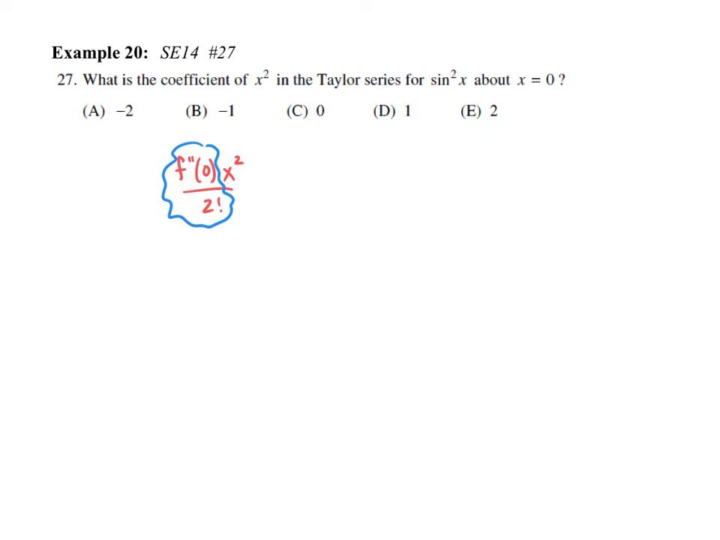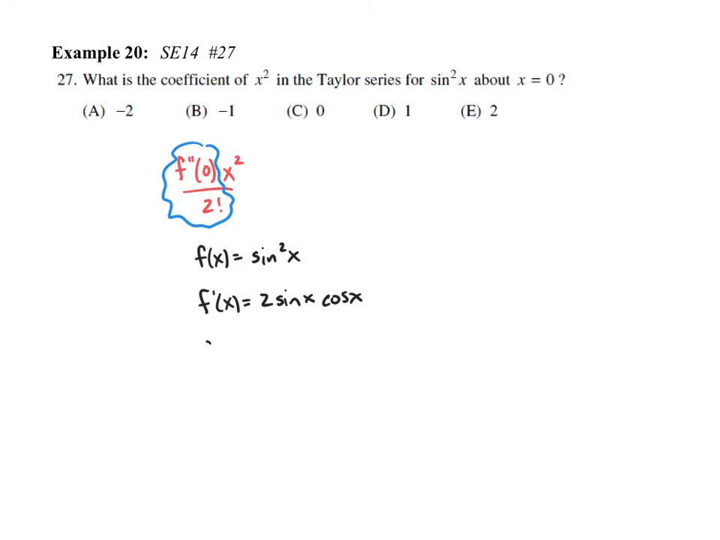That's going to be the number multiplied by x squared. So that's the coefficient we're looking for. I think the fastest way to do this is just to simply take the derivative a couple times. So here's our function, sine squared of x. Our derivative is, by the power rule, 2 sine of x to the first, multiplied by cosine of x because